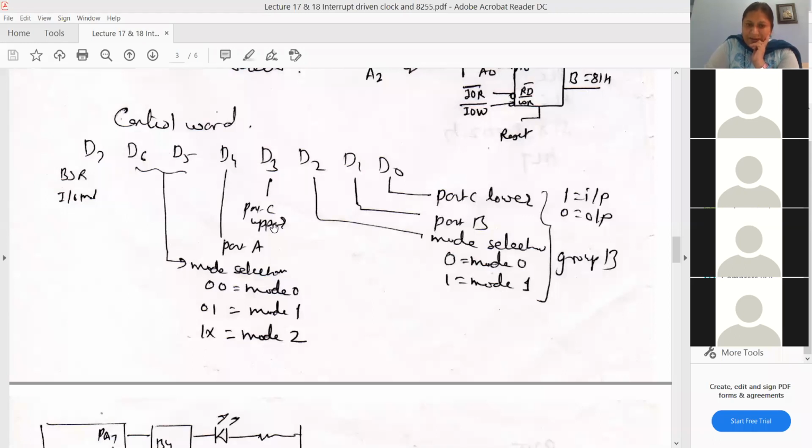Now you have connected LEDs to port C upper, so this is an output port. So this bit should be 0. You have connected LEDs to port A, so the control word will be 83. Yes. And because you are using simple input output mode, so these should be 0, 0. And because you are using an input output mode,